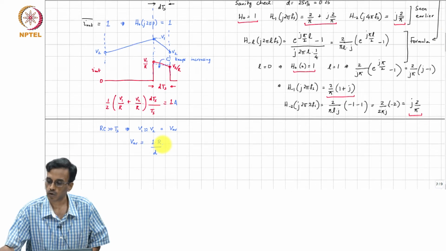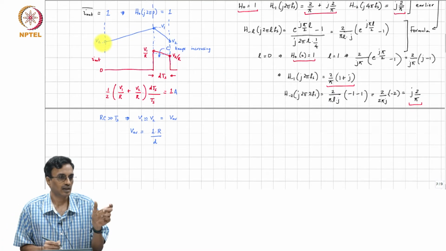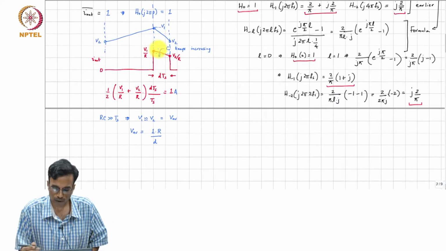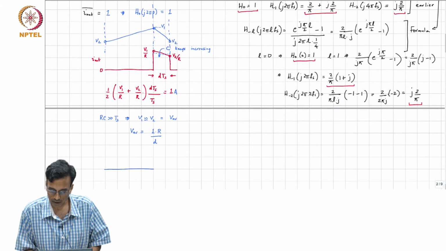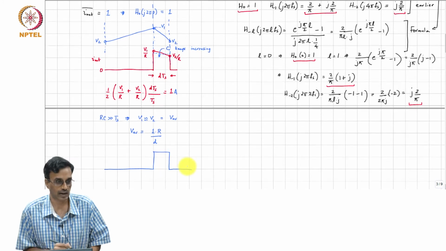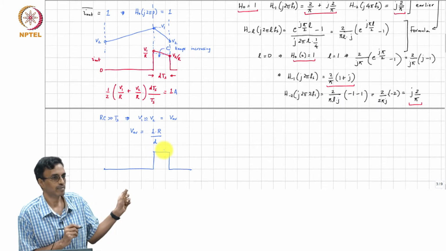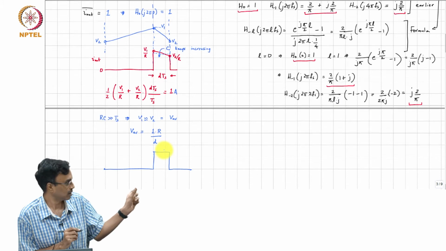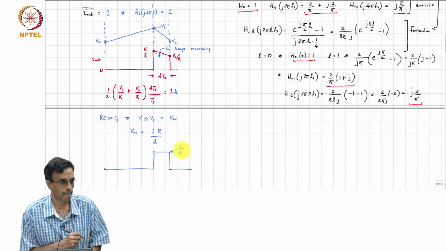Okay. So, we are actually interested in the current waveform. The current waveform in steady state will look like this, and if the RC time constant is very, very large, then this current waveform will be, for all practical purposes, a rectangular pulse. And what is the height of the rectangular pulse? It will simply be 1 by D, correct.